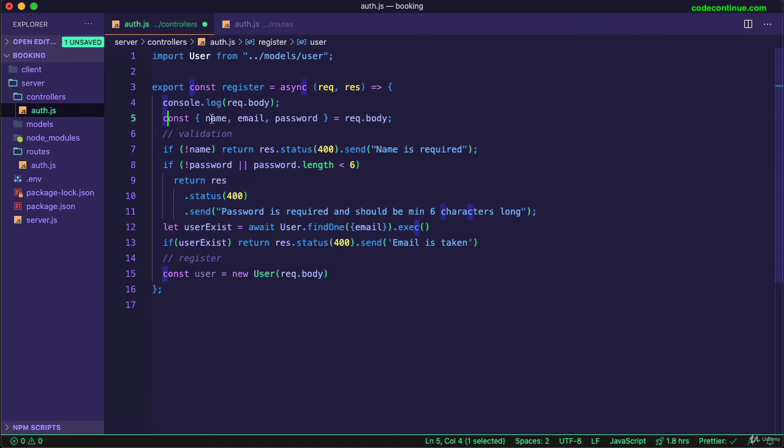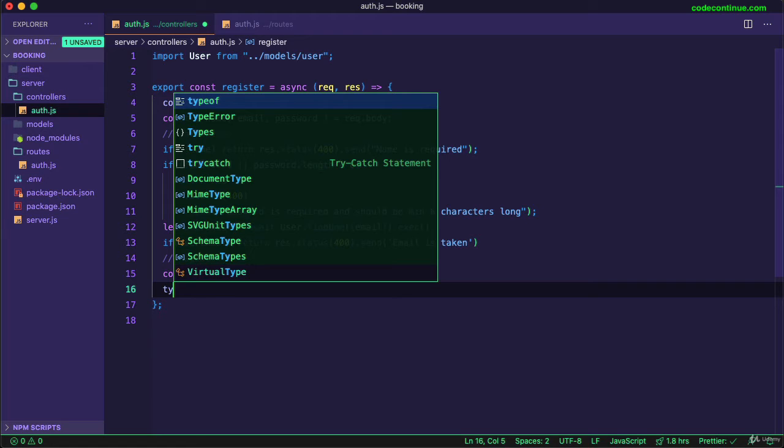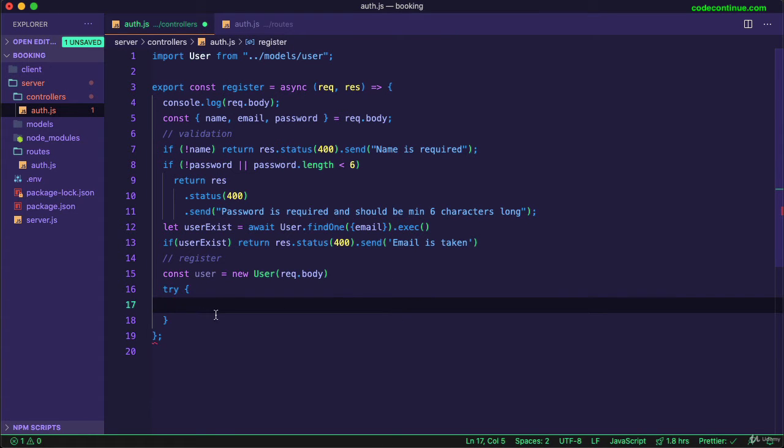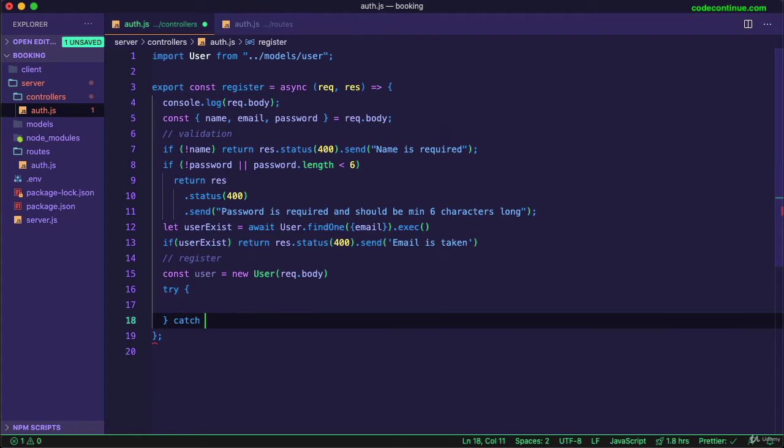The reason I did this structure here is that it made it much easier to do some validation here. All right, so const user equals create a new instance of user based on whatever we get in the request body. Then we try to save in the database, and if there is an error saving, you can catch,